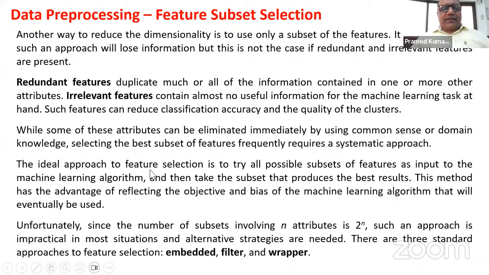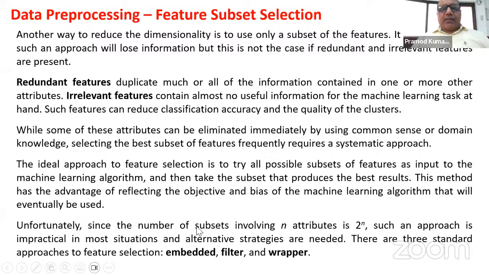So if we have to go for feature selection, obviously the best strategy is to go through each and every possible subset, see for which subset your algorithm gives the best result, and say that this subset is the best one. But definitely there is no meaning in it, because it is written in the next sentence,